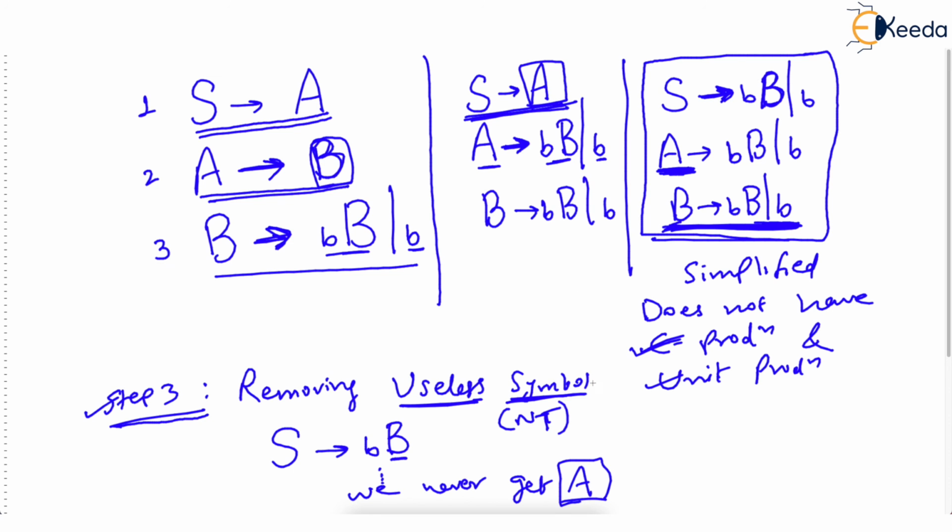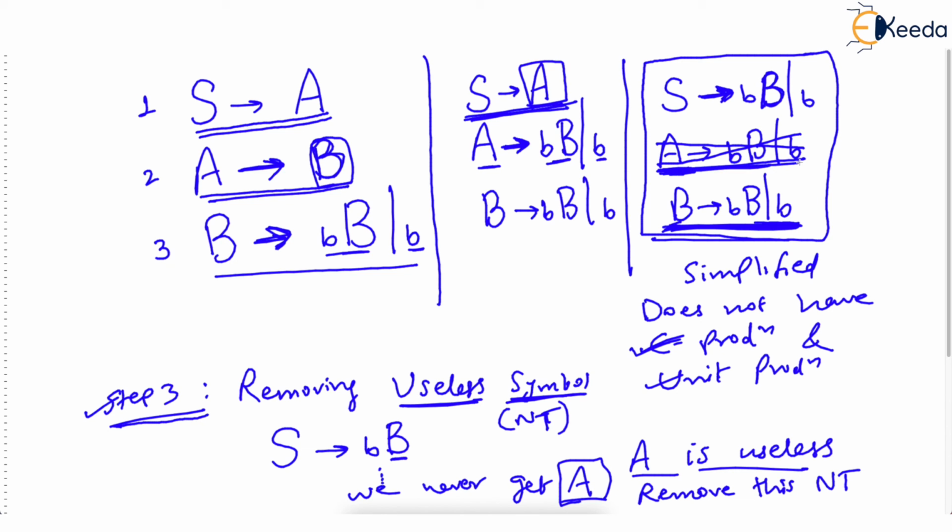So we come to a conclusion that A, which is a non-terminal, is useless. So what do you do with useless non-terminals? You simply remove this non-terminal. By removing, what we mean is that whatever it derives, the production itself is simply removed, because anyway we are not going to use this production. Come on, this production is not going to be reached at all in our derivation, and now there are only two productions remaining in the simplified grammar, and this is the simplified grammar after applying step 3.